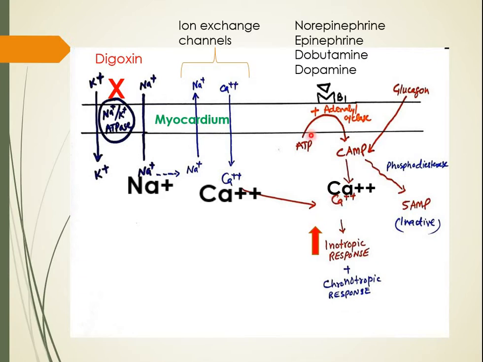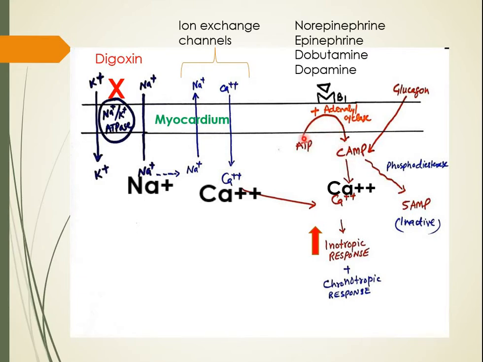And how that is triggered, you see here at the myocardium the beta-1 receptor, as I discussed in the previous slide. So beta-1 receptor, now norepinephrine. In addition to norepinephrine, I have mentioned here epinephrine, dobutamine, dopamine. All these are inotropic drugs, so they will come and attach with beta-1 receptor, will thus stimulate, have a positive effect on the adenylyl cyclase enzyme, and stimulating the adenylyl cyclase will lead to the conversion of ATP into the